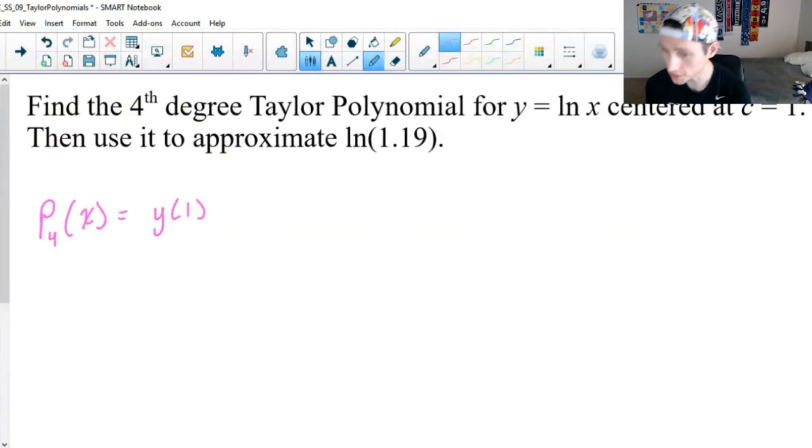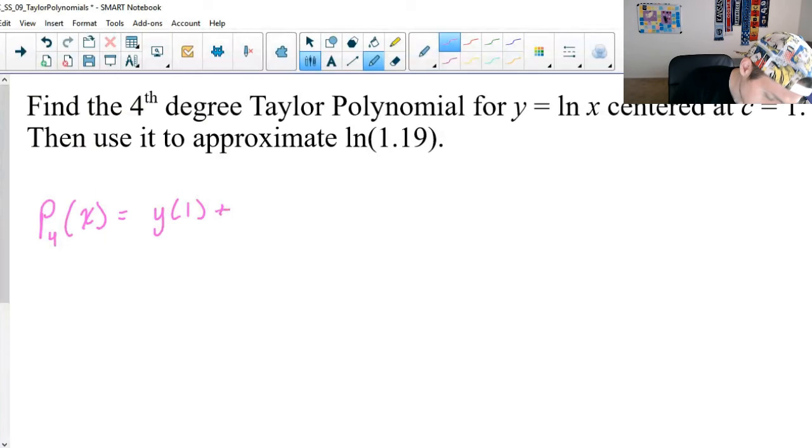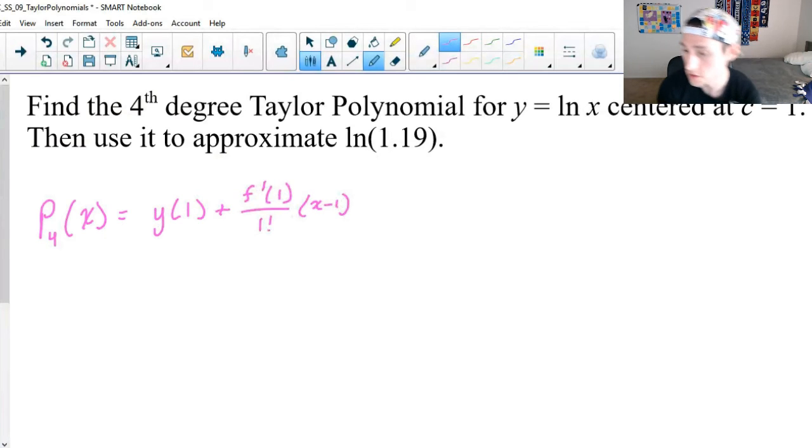All right, so our very first term in a Taylor polynomial is you just take the function, whatever it is, and plug in wherever it's centered around. So in this case, our function is y. So I plug in 1, because that's where it's centered. Then we move on to doing that repetition of formula. So f prime of 1, because it's centered around 1, divided by 1 factorial, times x minus 1 to the first,